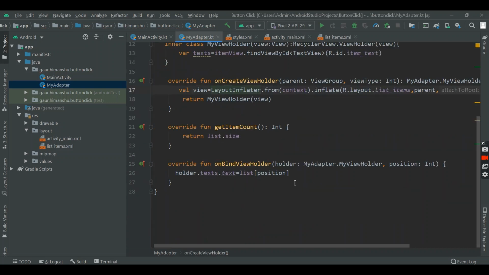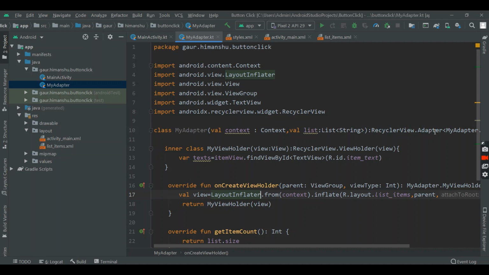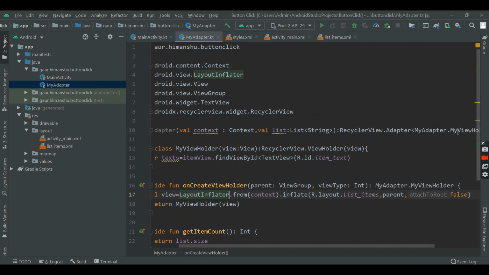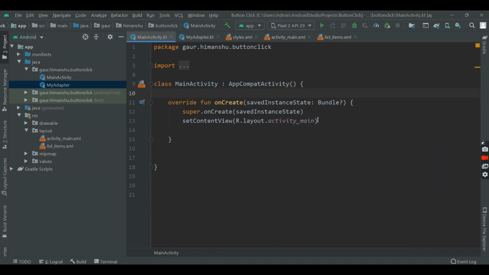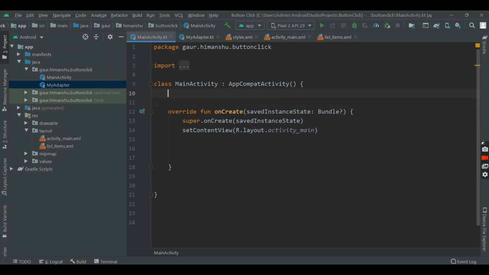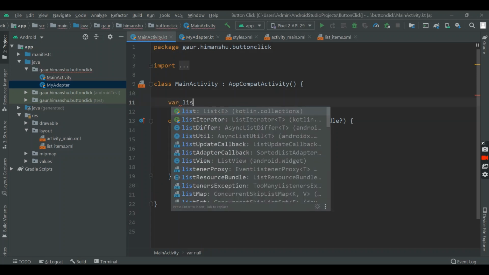Now that's all. Simply here I used a small y, and in this ViewHolder I used a capital Y, so that was the problem. Now go to your main activity and create a list which we are going to show in our recycler view.